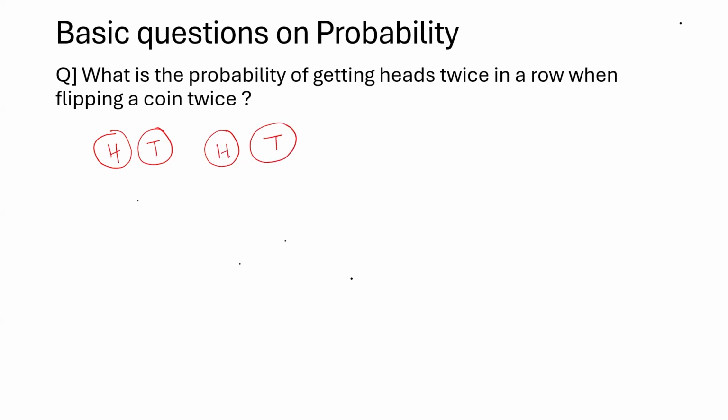So if you flip coins twice, what all possibilities can you expect? What is your sample space S? You can have head in first go, and in second coin flip you can have tail. In first you can have tail, and in second flip you can have head. In first you can have head, and in the second also head. Similarly, in the first you can have tail, and in the second again tail. So these are the total possibilities.